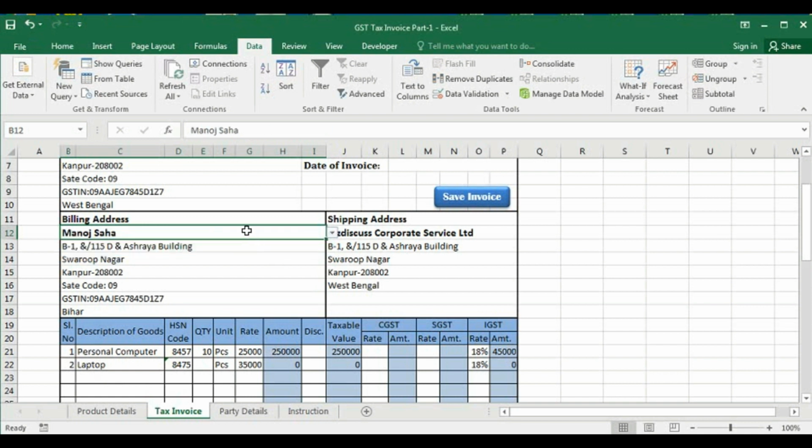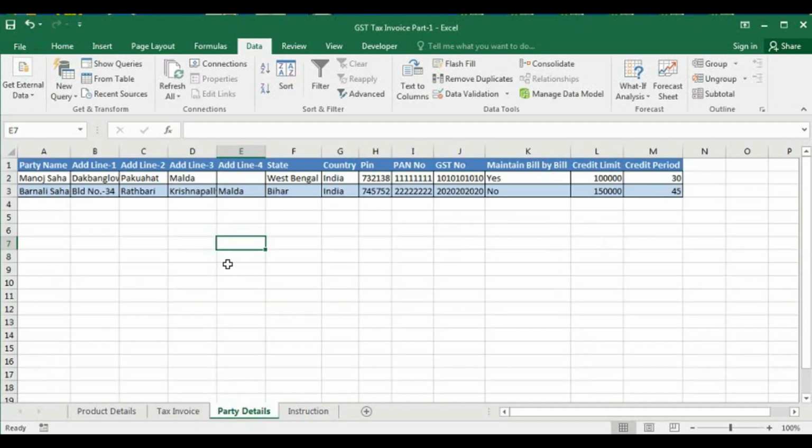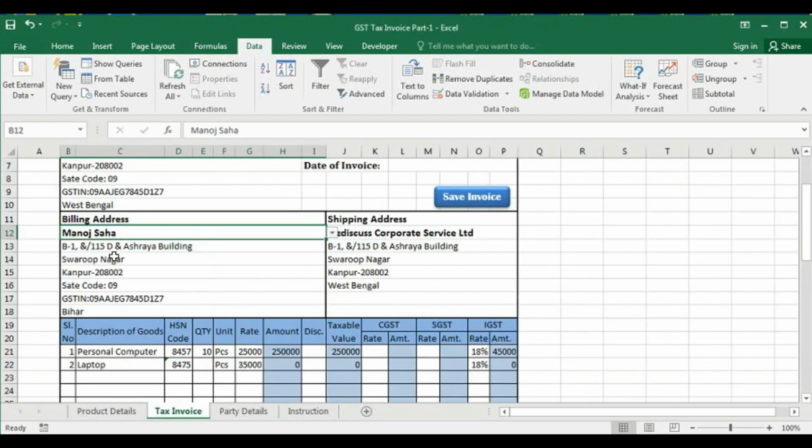Now, when we select Manoj Shah or any party name, the details, that is address line 1, 2, 3, address line 4, state, PIN, GST number, all the things will be displayed one by one here. So, this can be done with the help of index formula. First we will get here address line 1, address line 2, address line 3, then here address line 4.